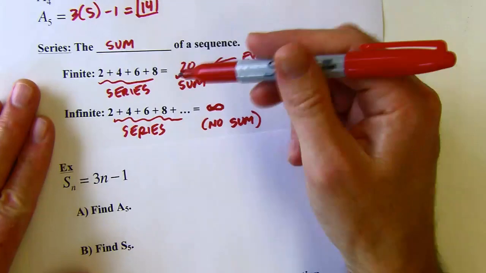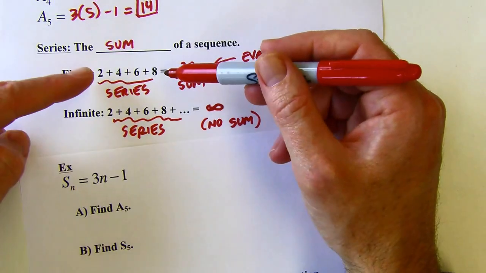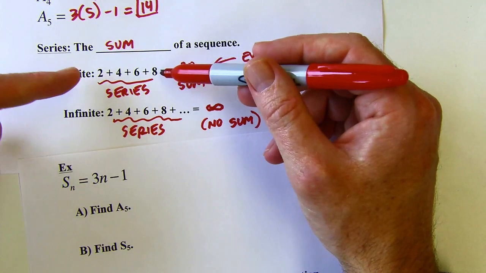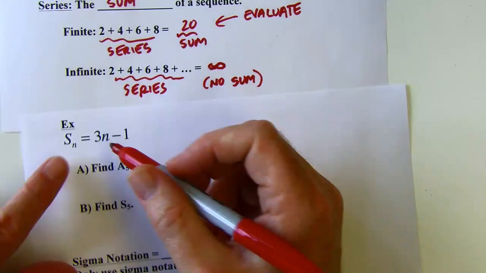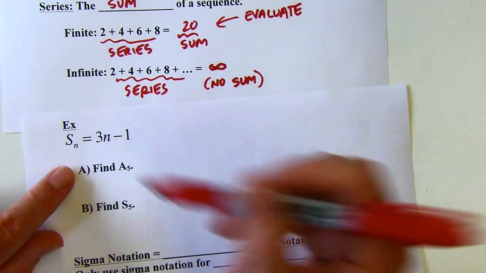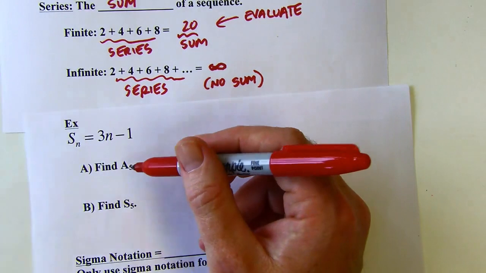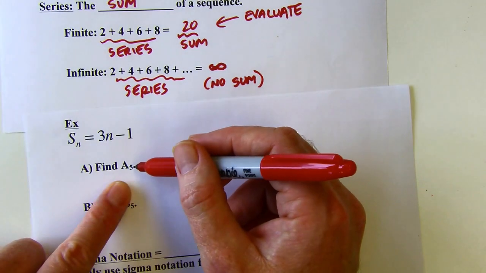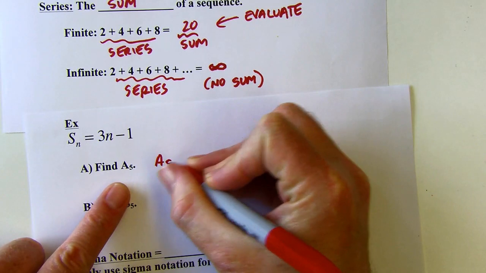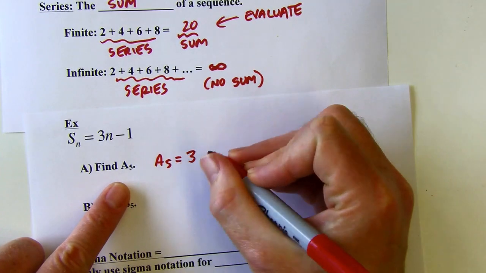Okay, so you know like this is related to 2, 4, 6, 8. This is a series, but it has a related sequence. Often you'll see S instead of A when we're dealing with a series. So if I want to find A sub 5, that means I want to find the 5th term in my sequence. So that is where I'm just going to plug in 5